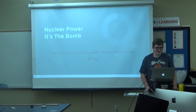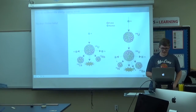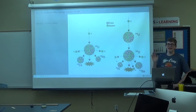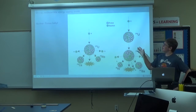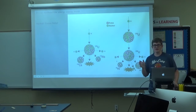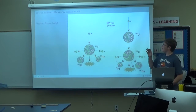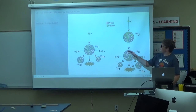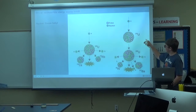Go. So my project is over nuclear power, and technically you can consider it either inexhaustible or renewable, but I consider it inexhaustible because it has 5 billion years' worth of materials to produce energy. So inside of a nuclear reaction, what happens is nuclear fission, and it sends a neutron to uranium-235, and then